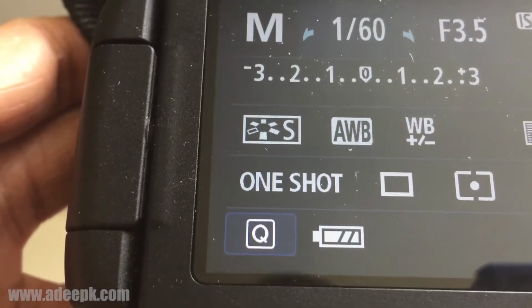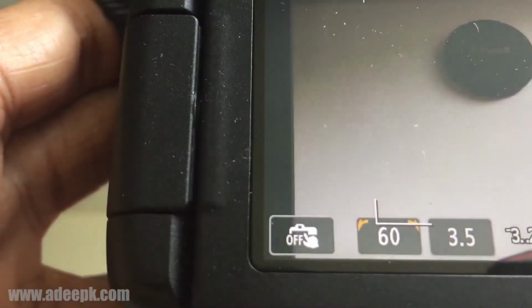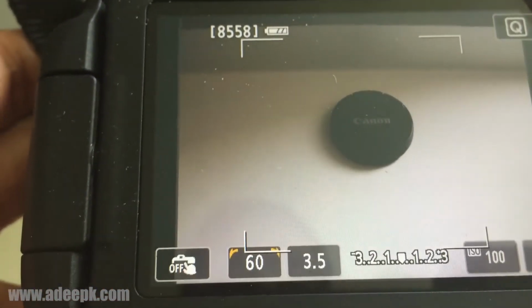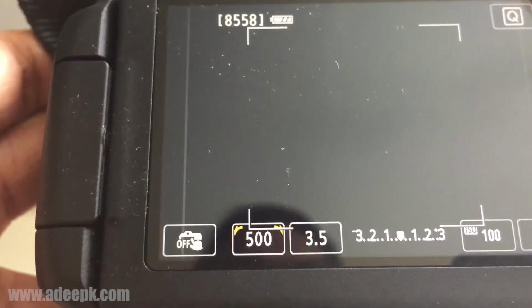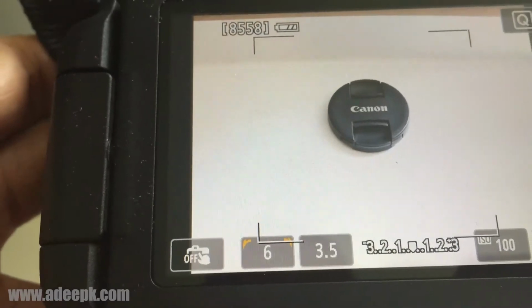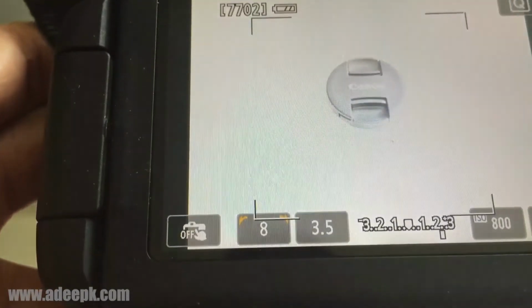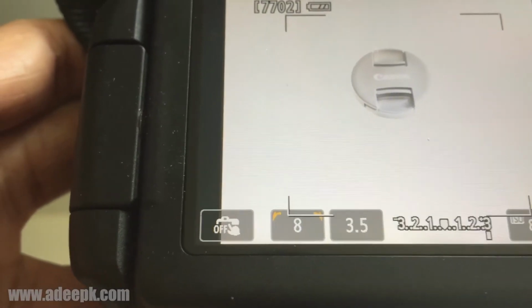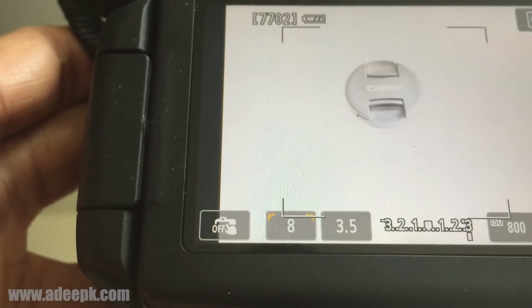So for example, let's try shooting this here, and you can see as I change the values, the meter is moving.